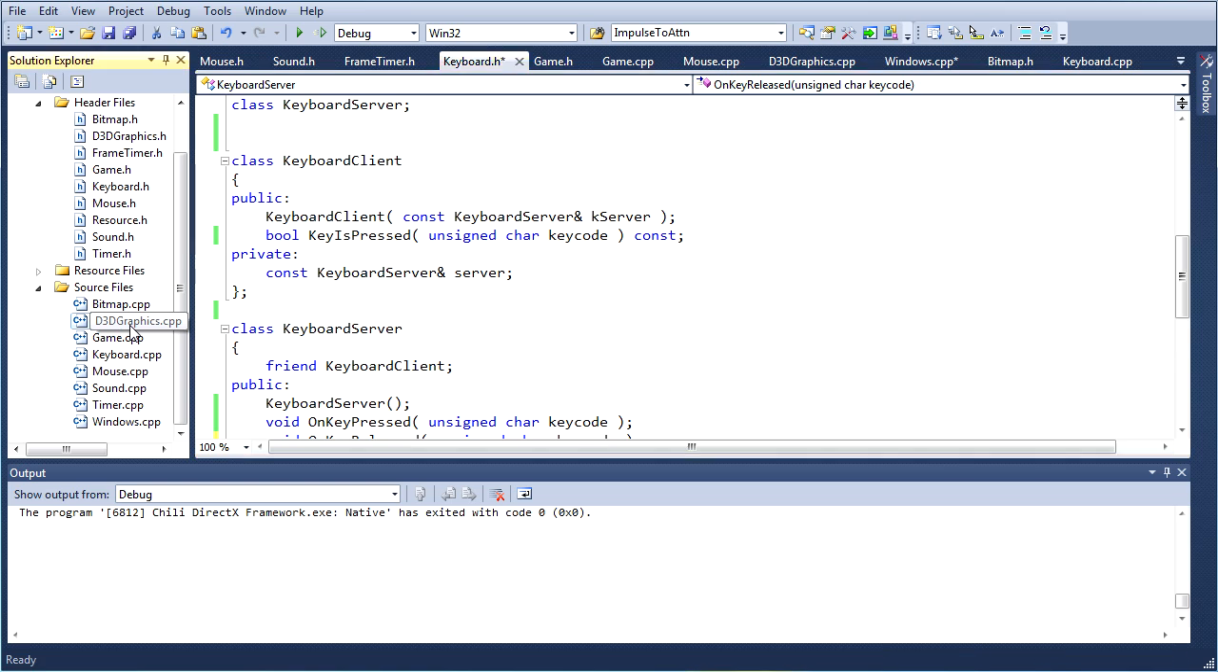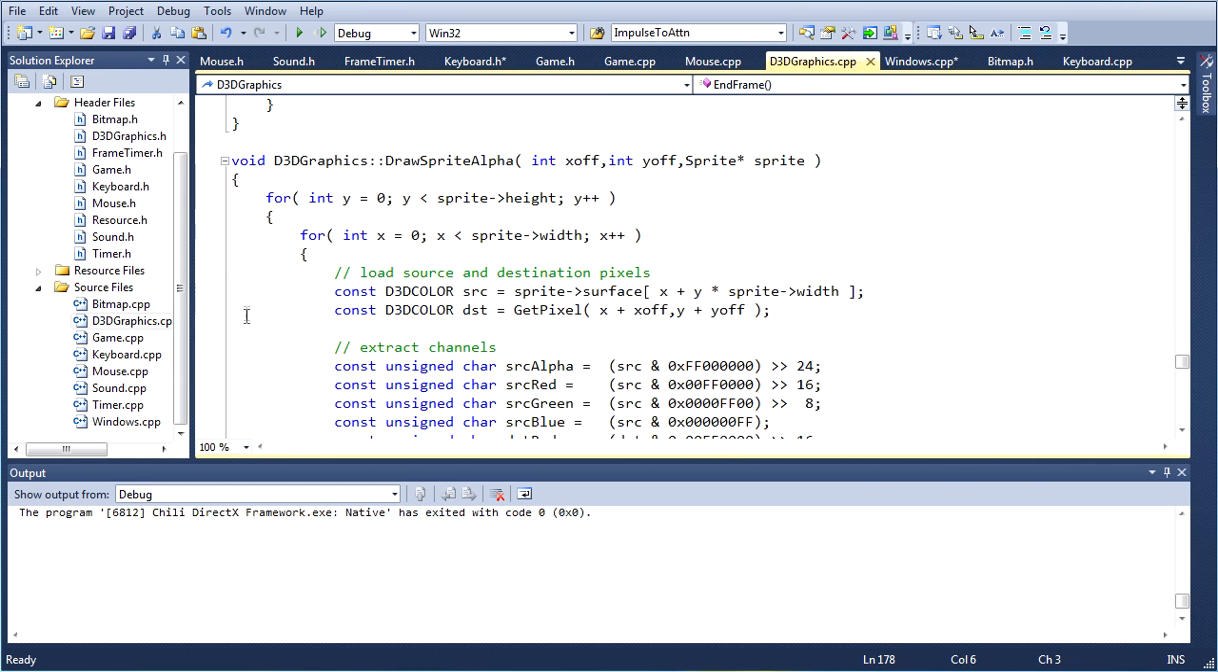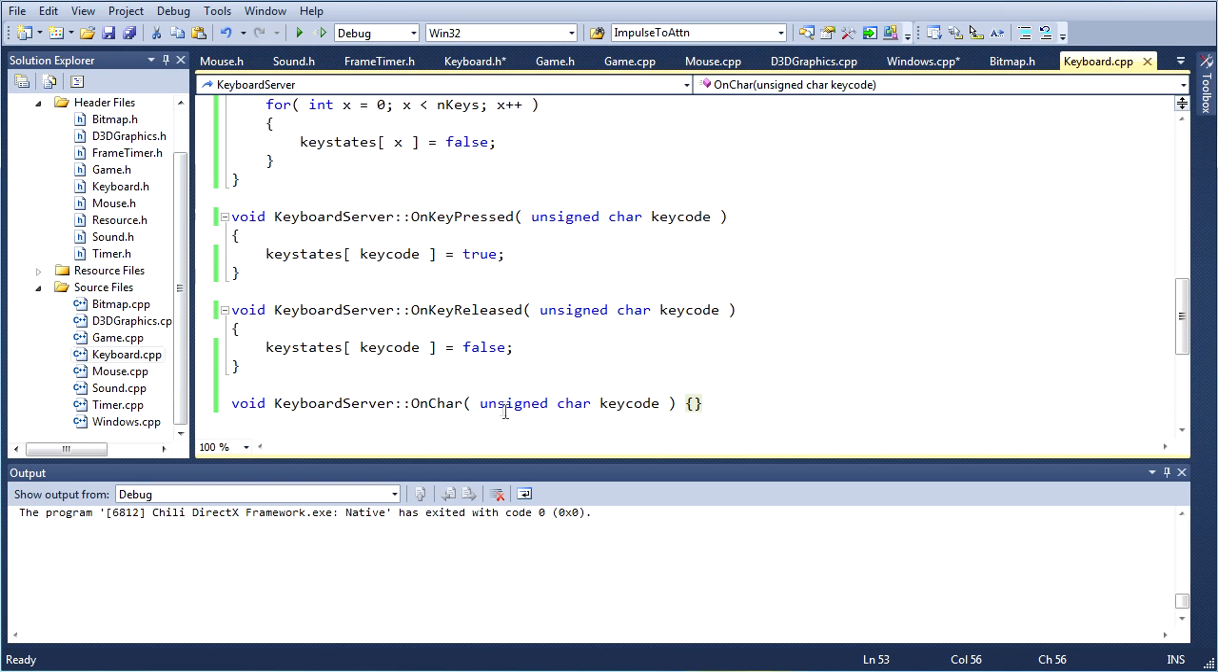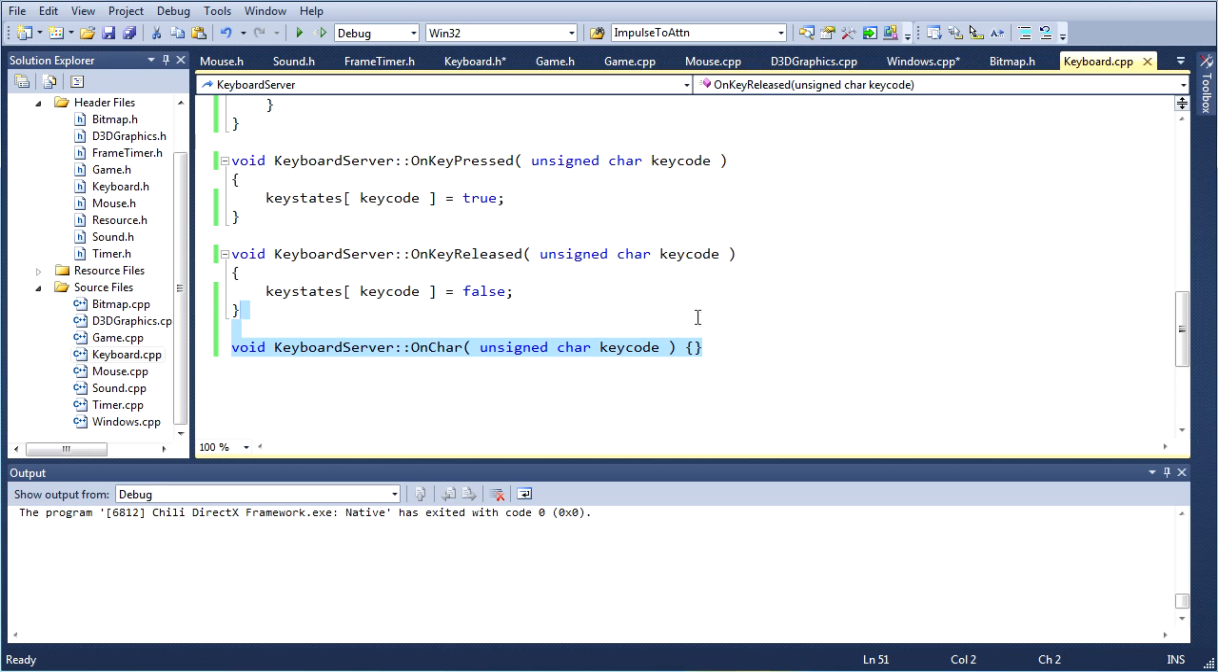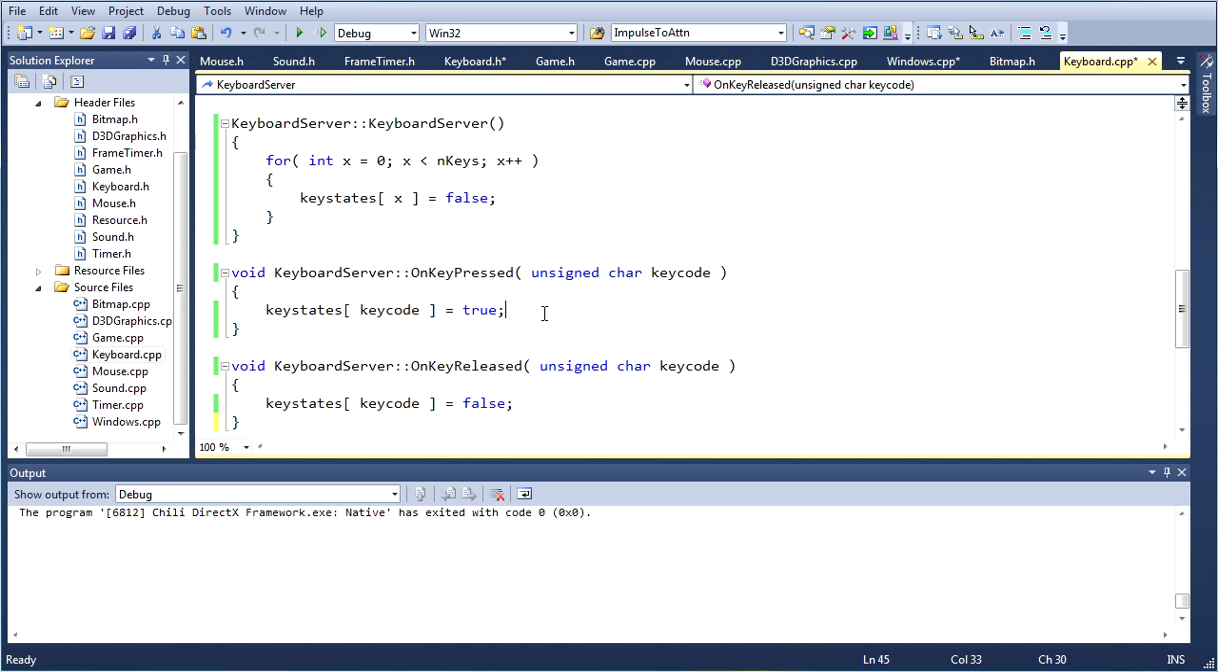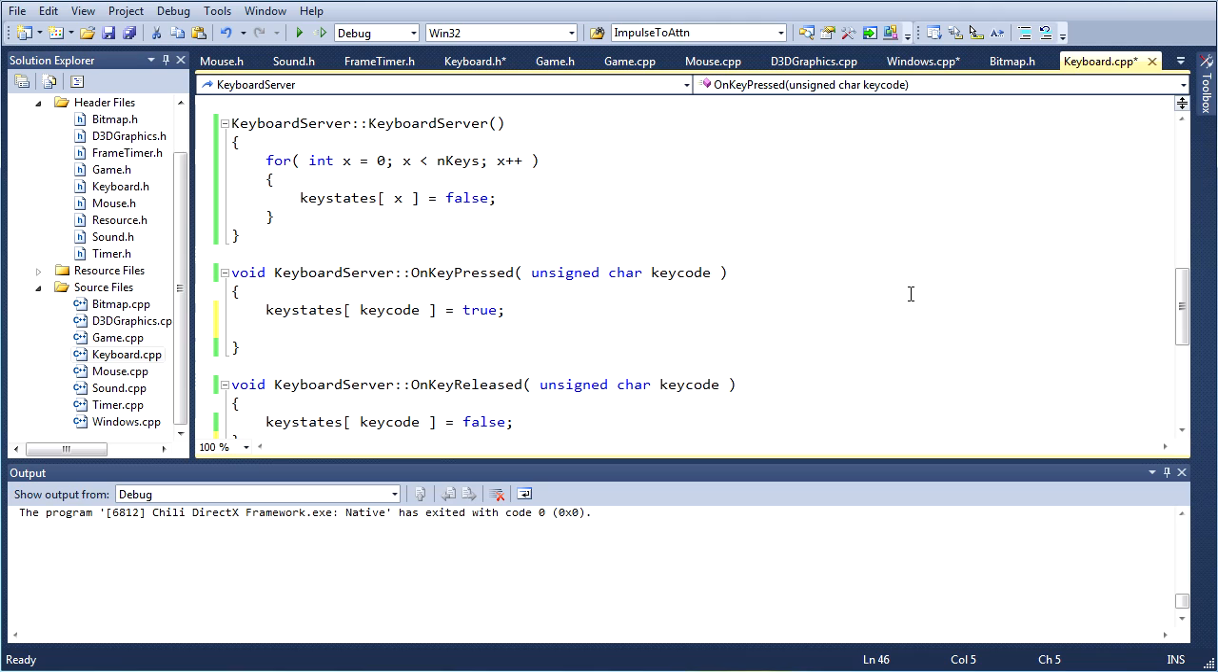Right. So, let's get the basics here. We'll start with the basics, and then we'll add the bells and whistles later. That's how we roll. So on key pressed, we update the key state array, and then we have to add the key code to the queue. So we do that by going